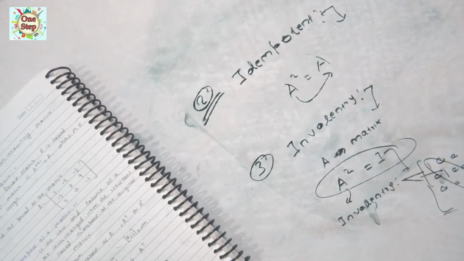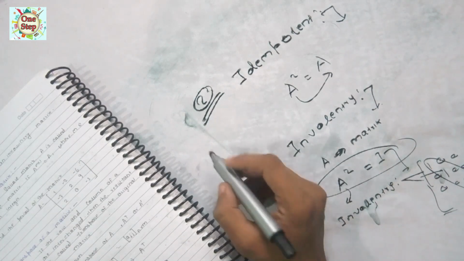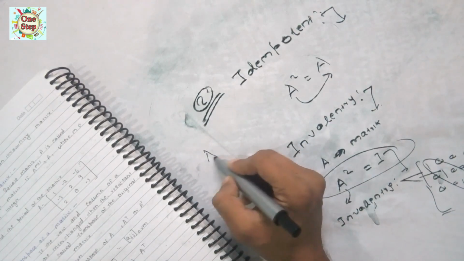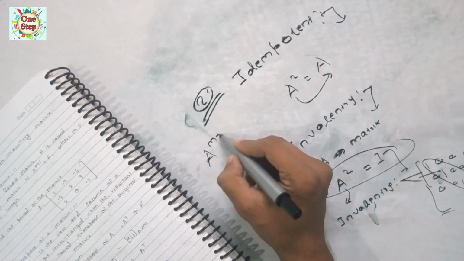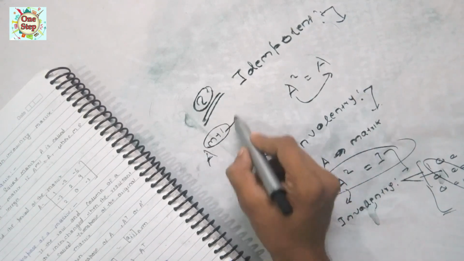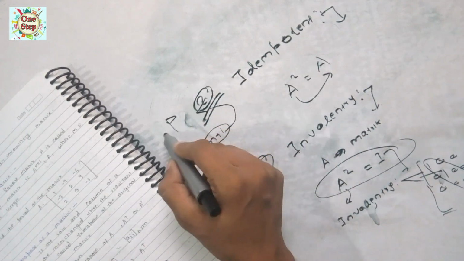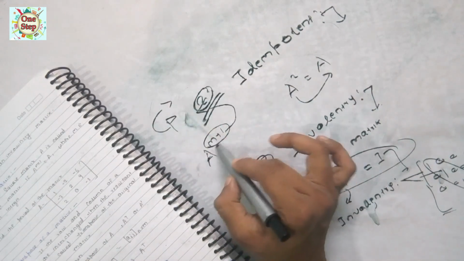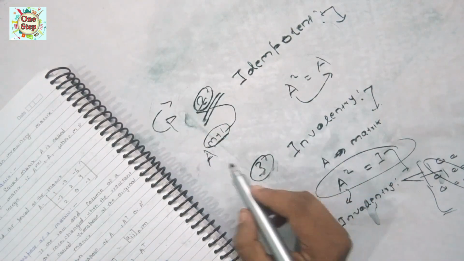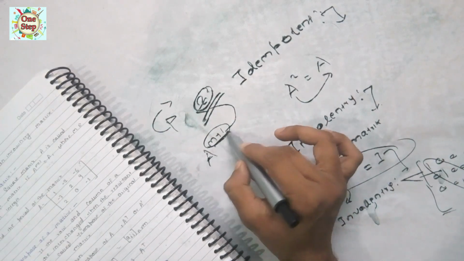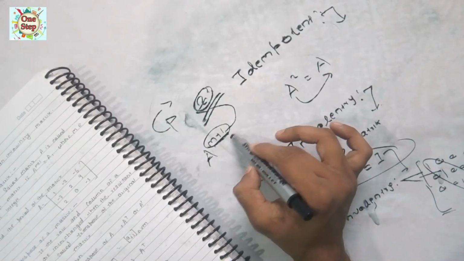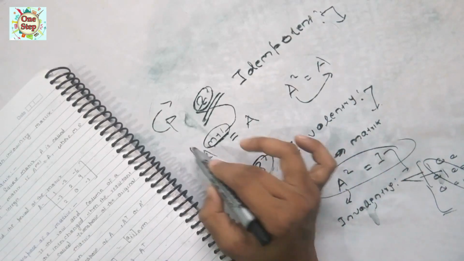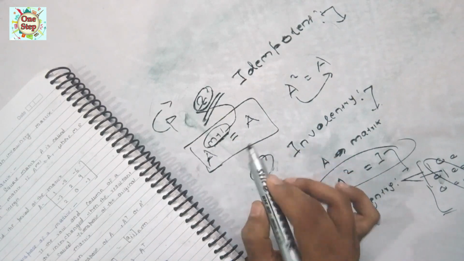But how can we judge whether they belong to the periodic group or not? Okay, for that we have to understand. Let's suppose there is any matrix A. Now, if we find the value of A raised to the power m plus 1, what is m plus 1? M plus 1 is nothing but another variable p, that is equal to m plus 1. So if A raised to the power m plus 1 becomes equal to A, then we can say that yes, this is our periodic matrix.